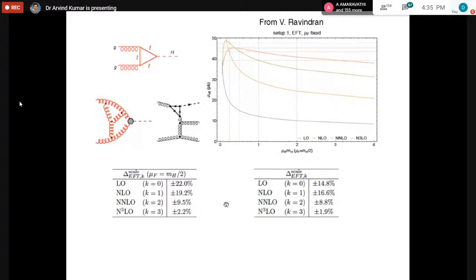You see that the error bar at leading order is about 22%, but you cannot give a 22% plus or minus to an experimentalist. 22% is a very large number. It can push the mass of the Higgs very high or very low, for example all the way down to 100 GeV or all the way up to 150 or 170 GeV. But this error bar, by consistent theoretical calculations at higher and higher loops, has been